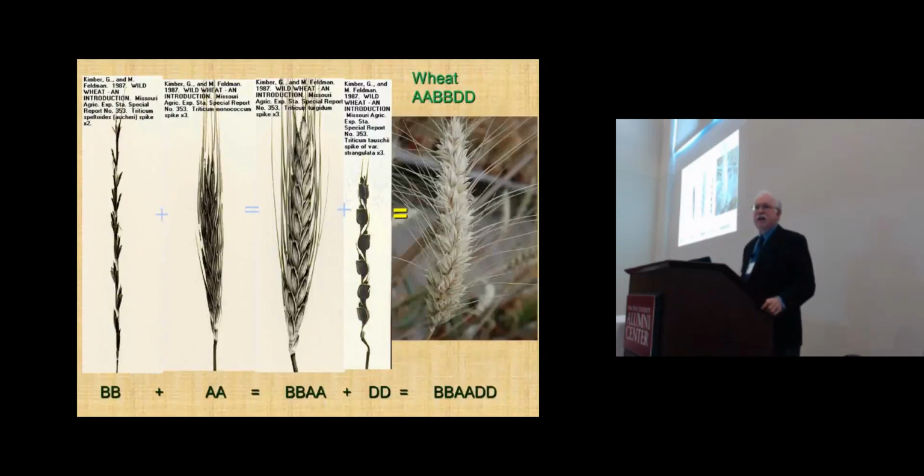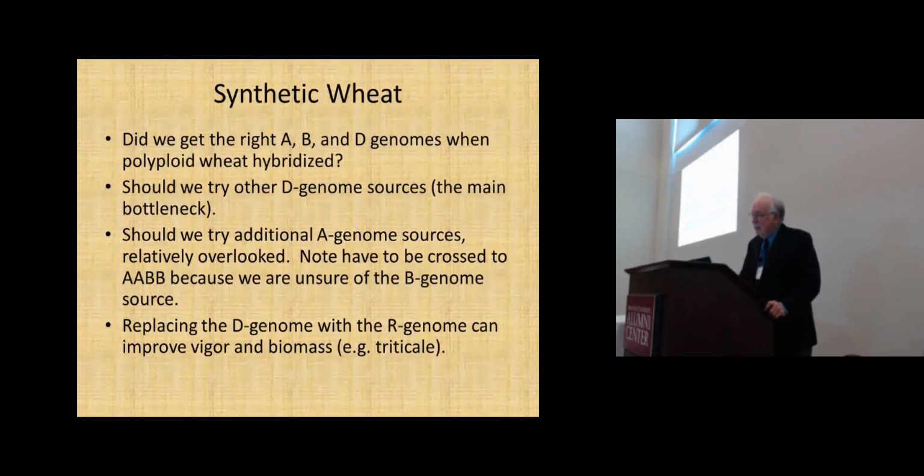Now, coming back to synthetic wheats, because these, again, are extremely important. And the question is, did we get the A, B, and D genomes when we polyploided hybrid wheat? So originally, the synthetic wheats concentrated almost exclusively on the D genome. It was easy. Durum wheats have AB. The diploids already hybridized, okay? Add the D, make a whole set of things. You usually screen the D genome, looking for traits you want, then you make the synthetic wheat.